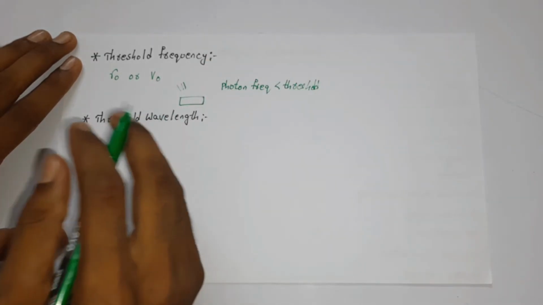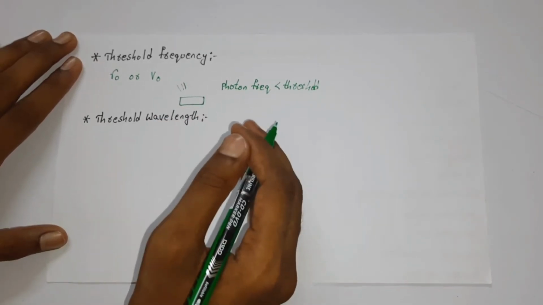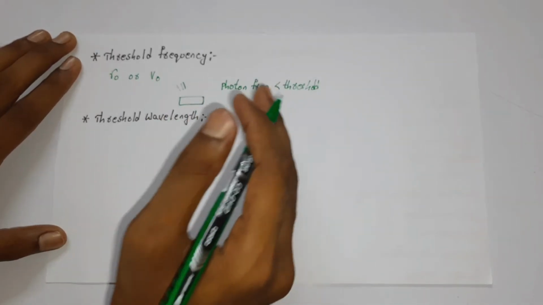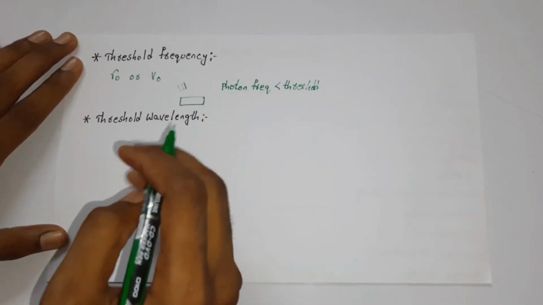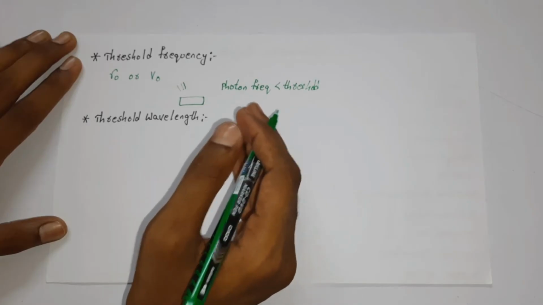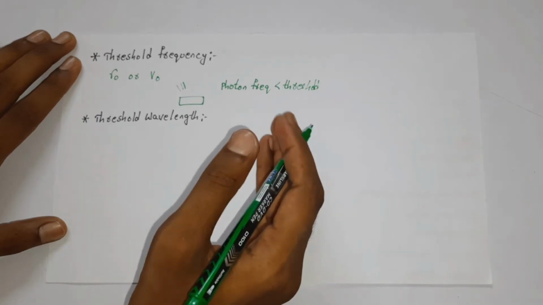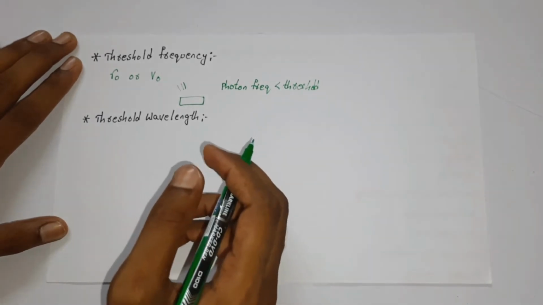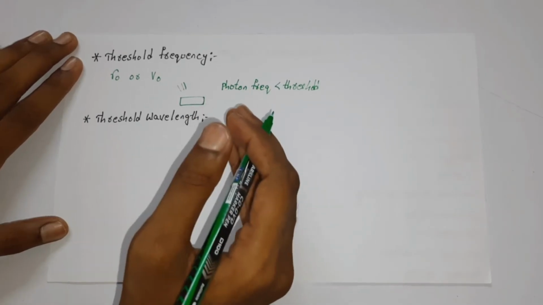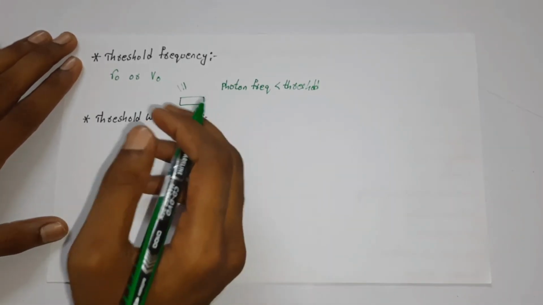if the photon frequency is less than the threshold frequency that is required for photoelectric emission, then there will be no electrons emitted from the metal surface, because the threshold frequency is what the metal requires to emit electrons. So we need to attain the threshold frequency to make the electrons emit from the metal surface. At this condition, the photon frequency should be greater than the threshold frequency. That is what the threshold frequency is.